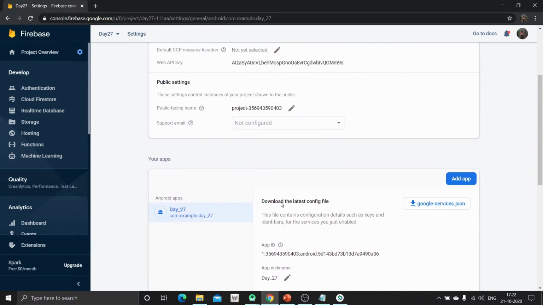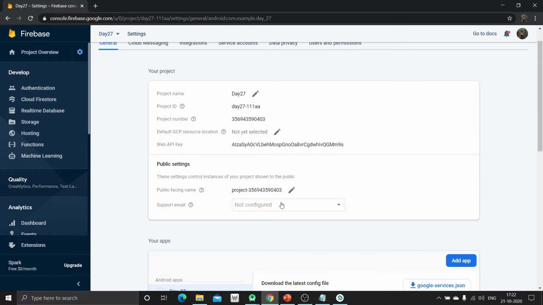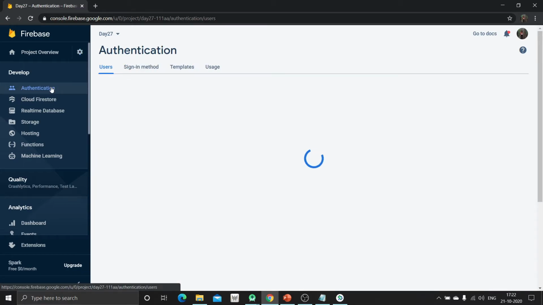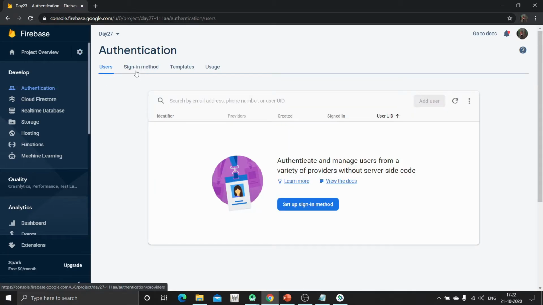This SHA key is required when you are using the Google sign in method or phone authentication. Now as I am not going to use Google sign in or phone authentication, I am not going to paste it. Now we have to set up sign in method.